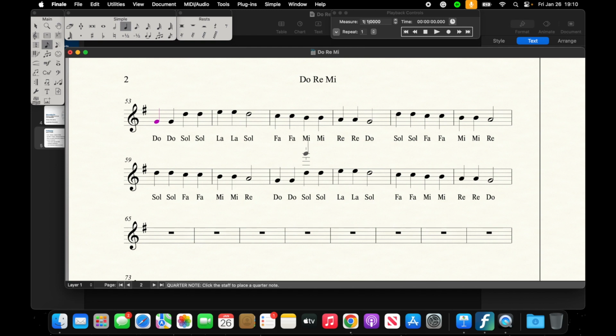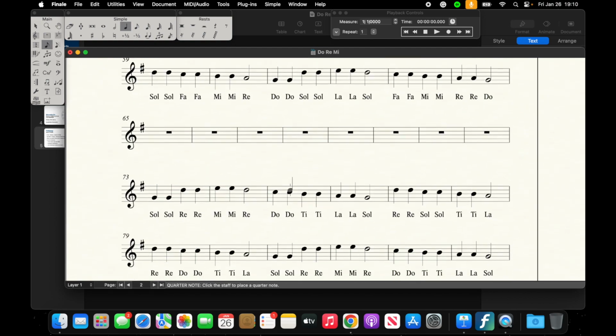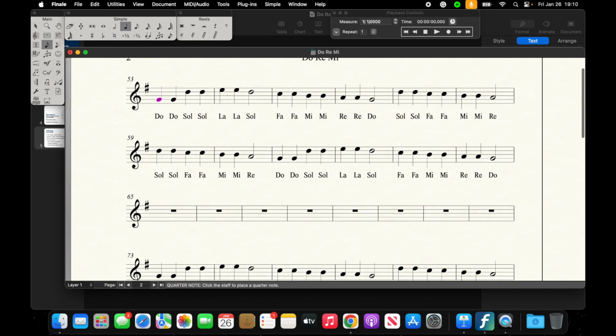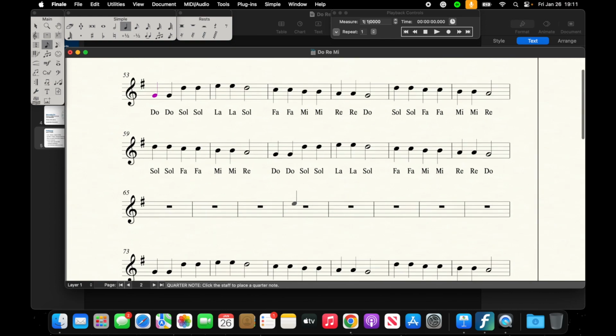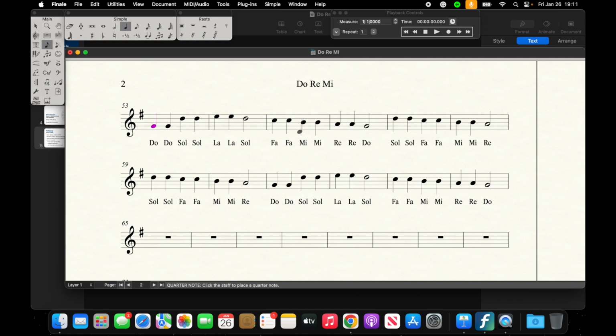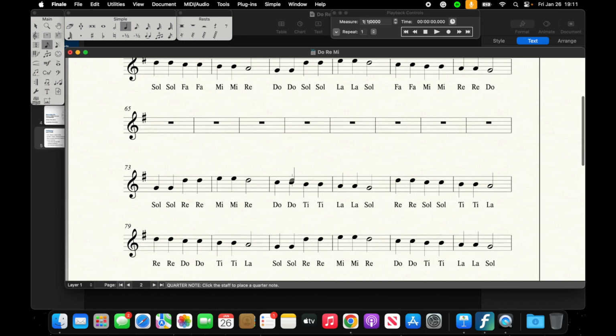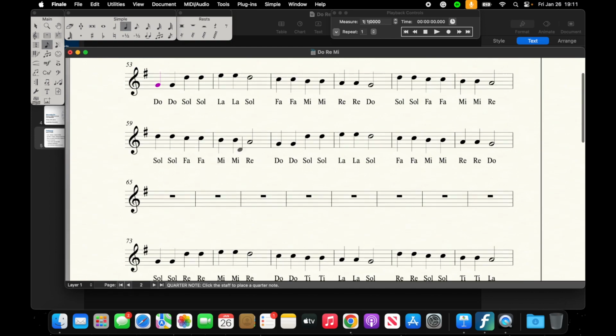Fa, mi is always a half step. All right? Even though technically here, do, ti is always a half step, the function is this is 4 to 3 in movable do. This is 1 to 2. Okay? So